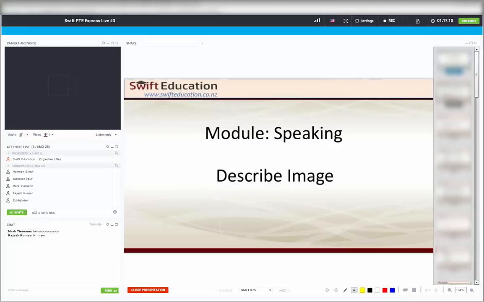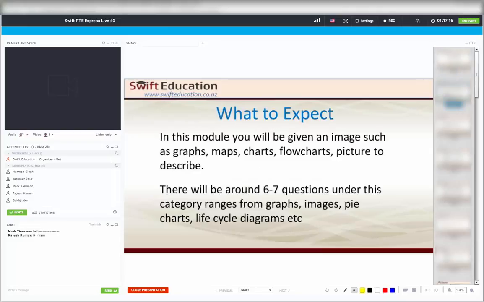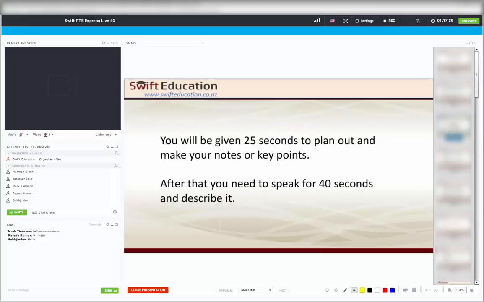So we're going to talk about describe image. As the name suggests, you'll have an image in front of you and you'll have to describe that. In this module you will be given an image such as graphs, maps, charts, flowcharts, or pictures to describe. There can be any of them. There will be around 6 to 7 questions under this category, ranging from graphs, images, pie charts, life cycle diagrams, etc. What happens is that you will be given 25 seconds to plan out and make your notes or key points. After that, you need to speak for 40 seconds and describe it. So the description has to be well